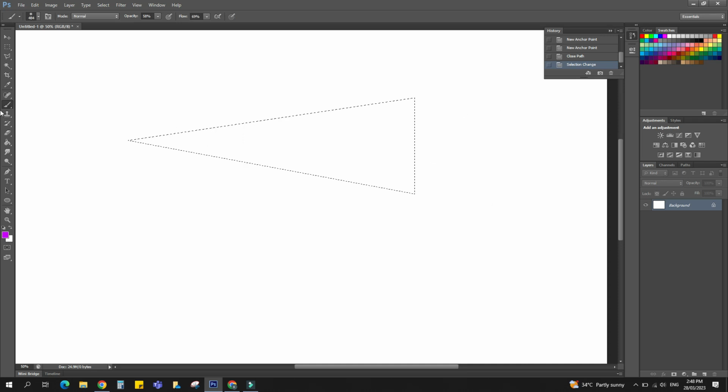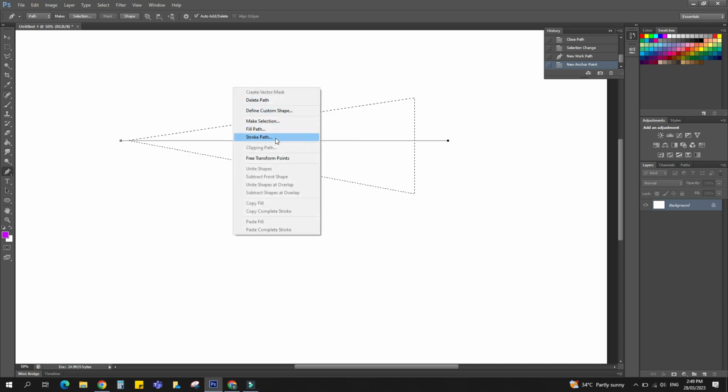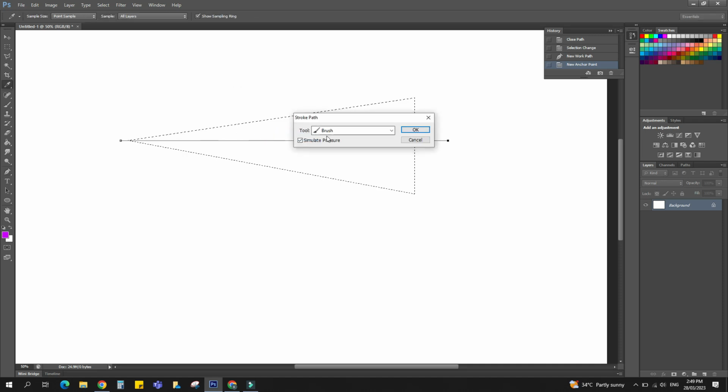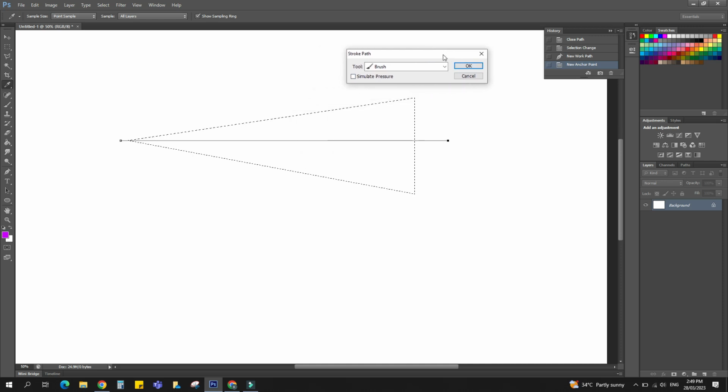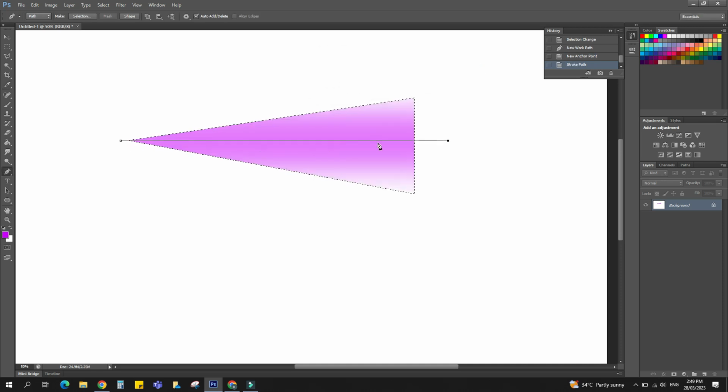We already have this selection, so I'm going to use the pen tool again. This time I'm just going to draw a straight line like this. Not really straight, but I think you get the idea. I'm going to right click, stroke path. Turn off the simulate pressure, and then I just click OK. So you can see that we drew a line, but because the brush size is big,